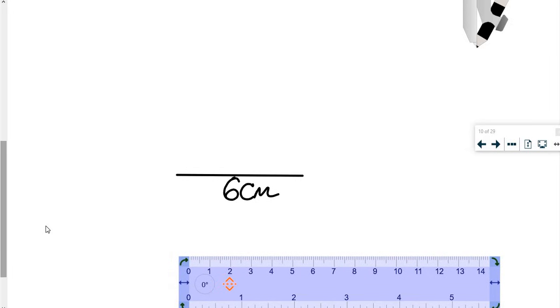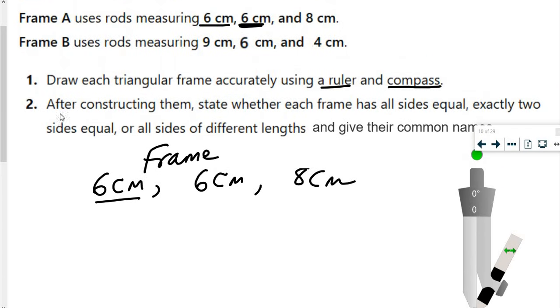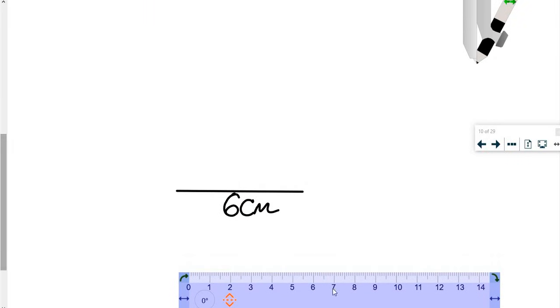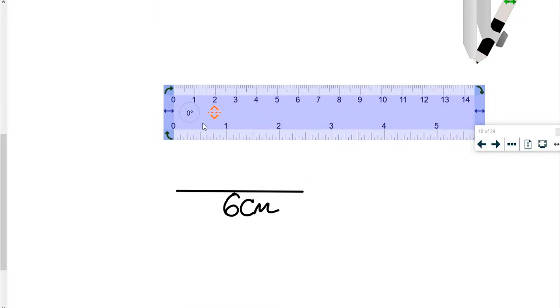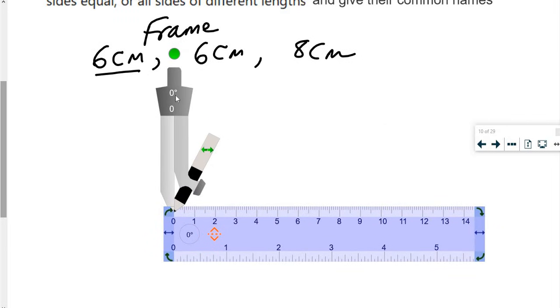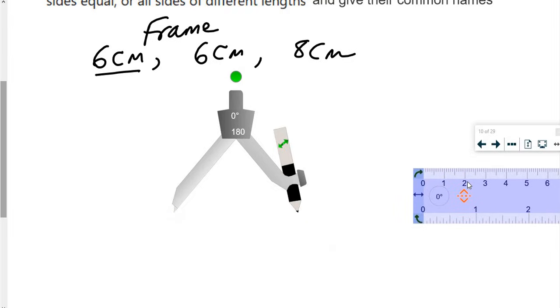After that, take also a scale. This time we're going to measure the 6 centimeters using a compass. So you take this scale, open the compass to the radius of 6 centimeters, like that. And then you remove the scale,